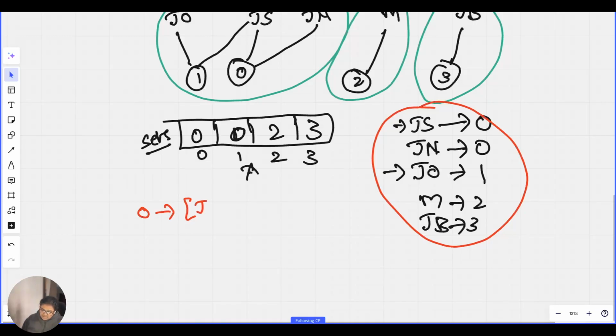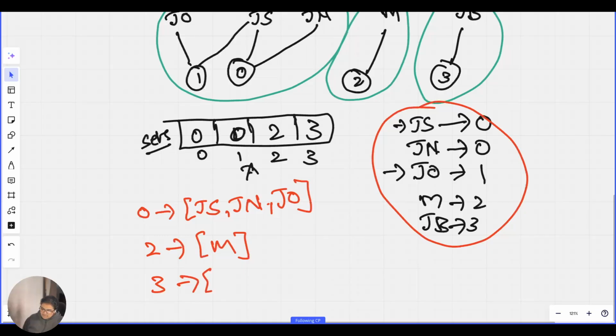So 0 has JS. Now there is JN pointing to 0. Again 0 is 0, so it will be JN. Then there is 1 and J0. 1 is pointing to 0, so we will not put this at key 1, but we will update it at key 0 itself. Now, then we got index 2. 2 is pointing to itself. So this will be M. Similarly, this will be,